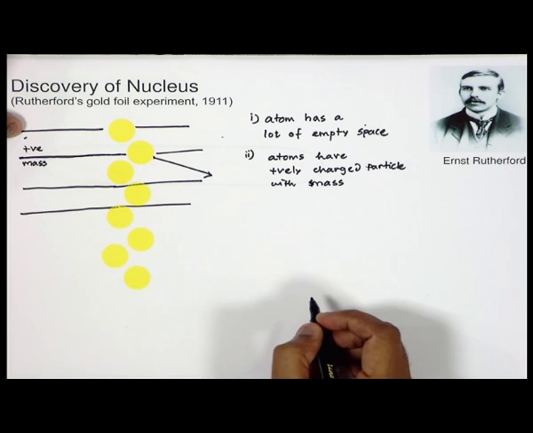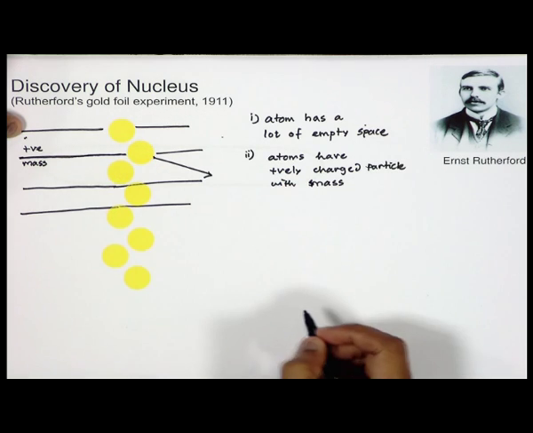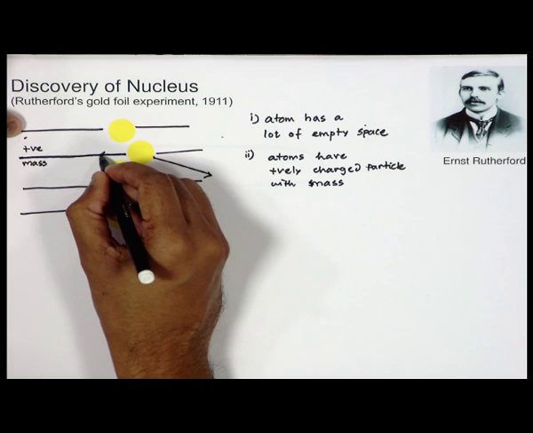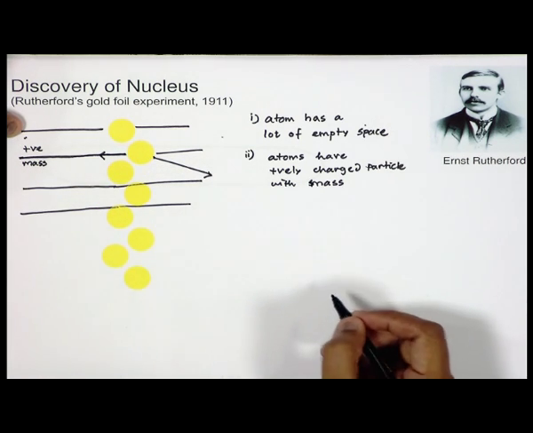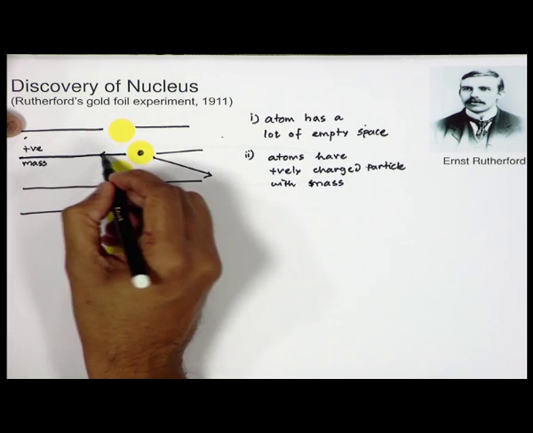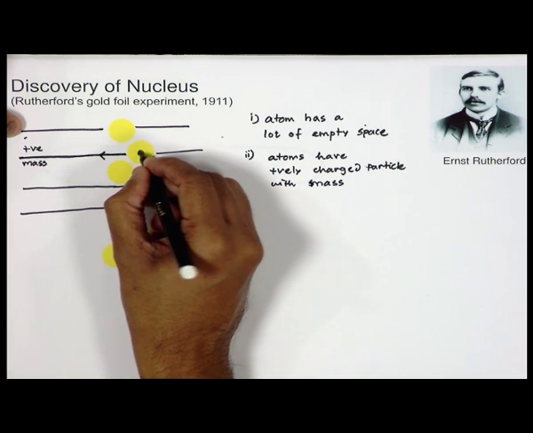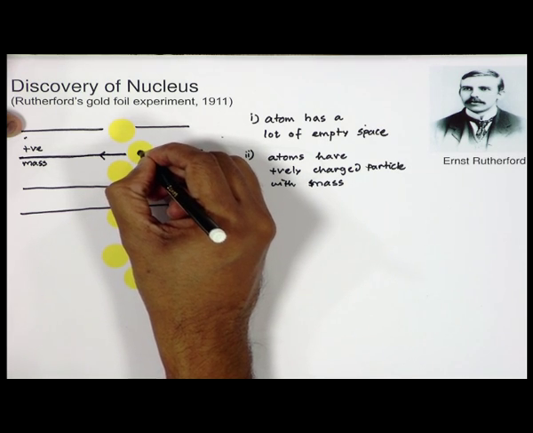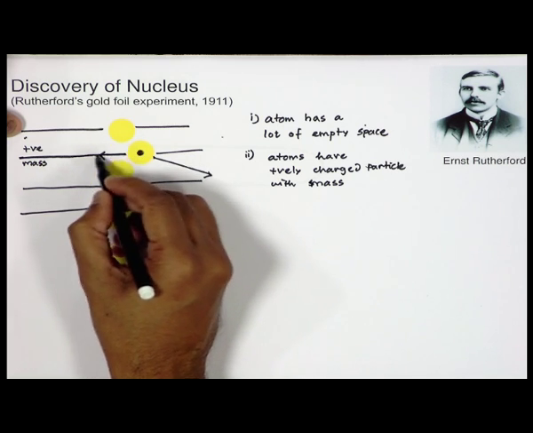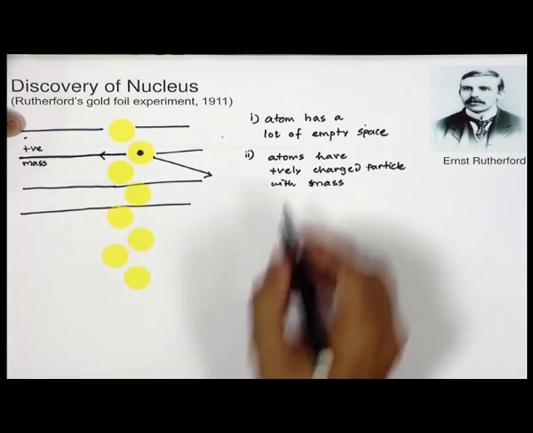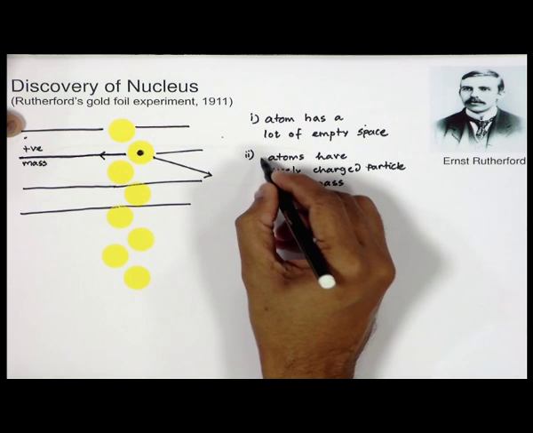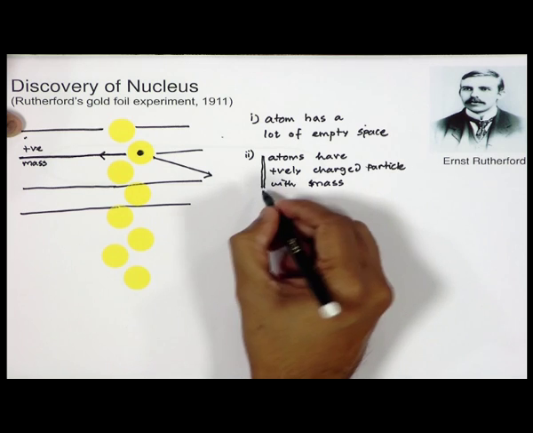But what was the third observation? That was only rarely, 1 in 20,000 times, that you saw that the ray that was coming was completely bouncing back. When would that happen? The complete bounce back will happen only if the alpha particle that was traveling hits a massive, positively charged particle. If it hits directly, then the complete retracing of the alpha particle pathway can be observed. So, from the second observation, it can be concluded that atoms have positively charged particles with mass, and these positively charged particles with mass are